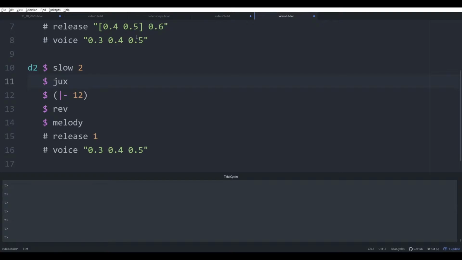So jux stands for juxtapose, and what it's going to do is apply transformations differently in your left and right ears. It's going to take a transformation and put it in the channel for your right ear, but not in the left ear. So here we're going to drop another octave in just the right ear. So now if you hear this,